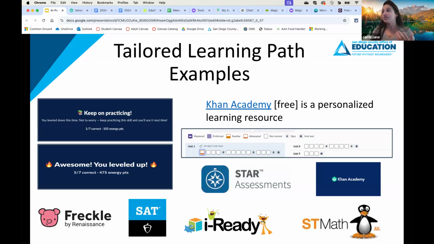The other thing with Canvas, if you are using Canvas as a school, is it has mastery paths itself. So you can actually do something similar with Canvas where it uses learning paths to guide your students through information. Anyone else want to share anything that they currently are using that they think might be using these learning paths and data?